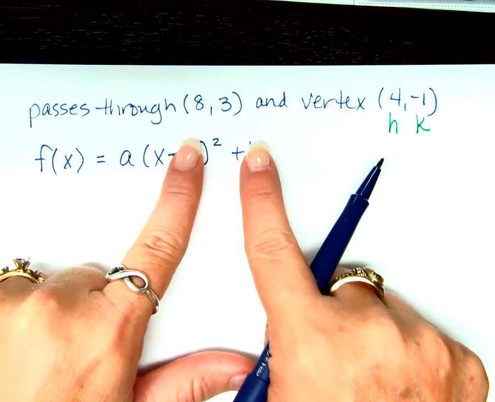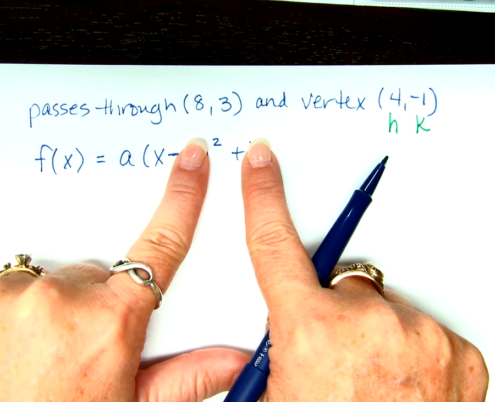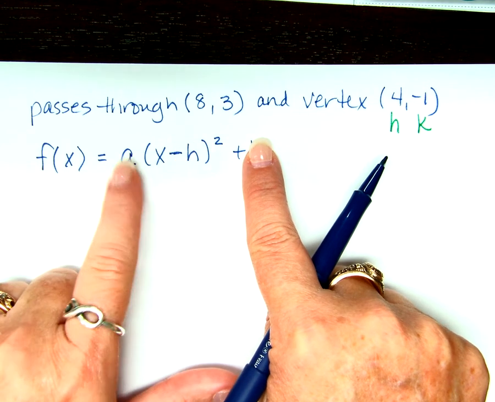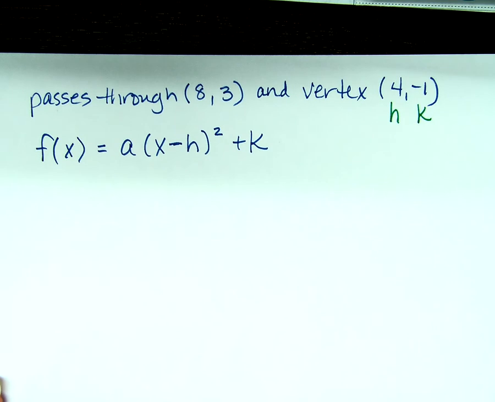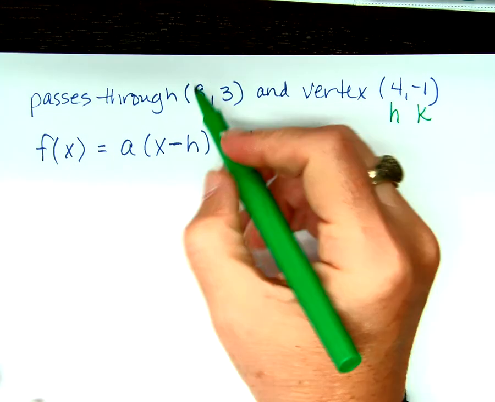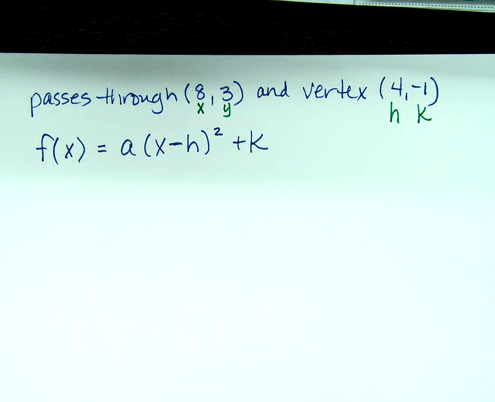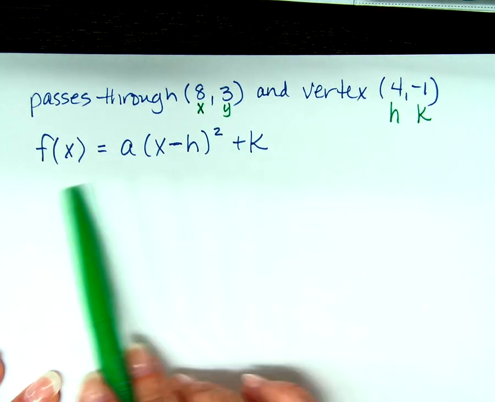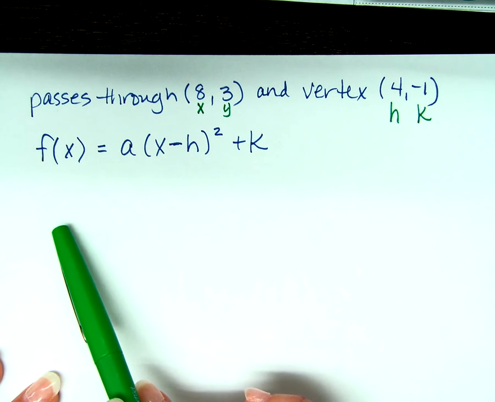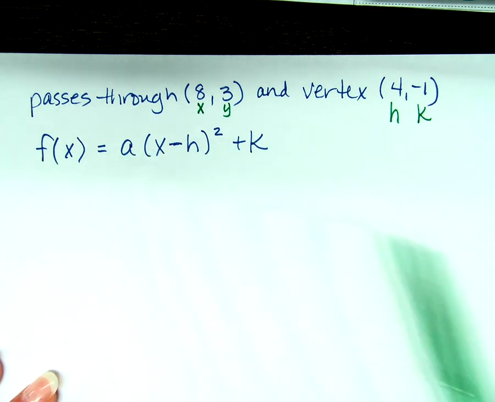Well, I know an H and a K. What else do I need to know in order to be able to write the equation? I got to know A, don't I? It doesn't tell me anything about A. But what it does tell me is a point. Don't you think I might be able to use X and Y to figure out A? Well, I'd have to use X and Y and H and K to be able to figure out A,